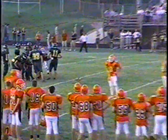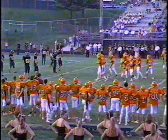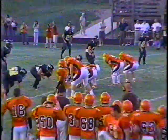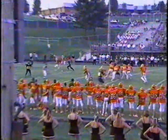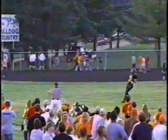Hey, the Buckeyes returned 2 excellent receivers this year in Jolly and Davis. They made some huge catches down the stretch last year for them. Buckeyes splitting wide, and Jolly out to the right and Davis to the left as Edwards will go out of the shotgun on 3rd and 11. Looking for a receiver, throwing long on the left side towards Eric Davis, and he's taken